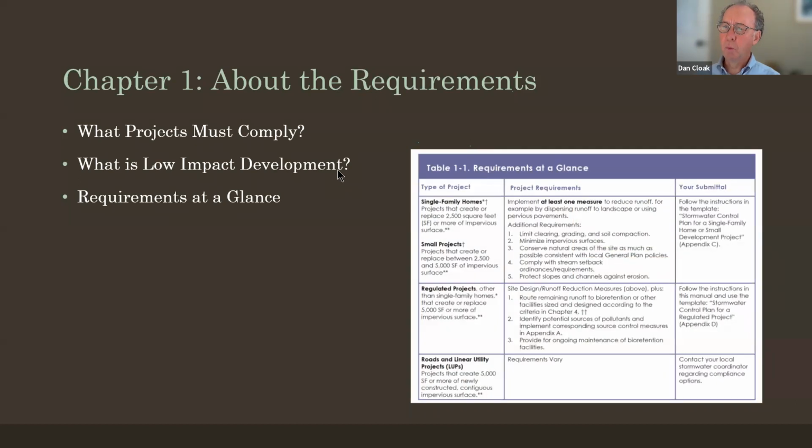So we will get into each of these chapters. We have corresponding topics that get a little bit more in depth with some of the detailed things that are in the chapters. In this case, in chapter 1, we have a topic which we'll be addressing after this little piece of the presentation, specifically on the applicability of which requirements apply to which